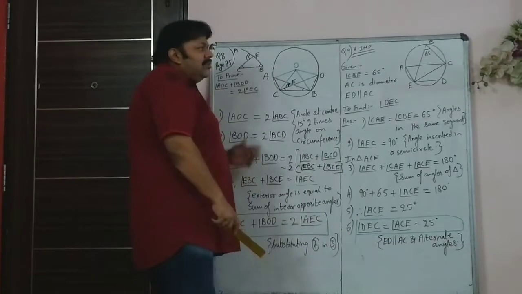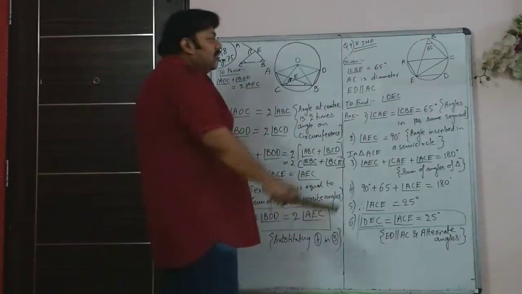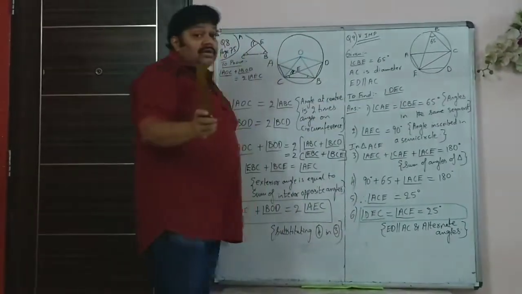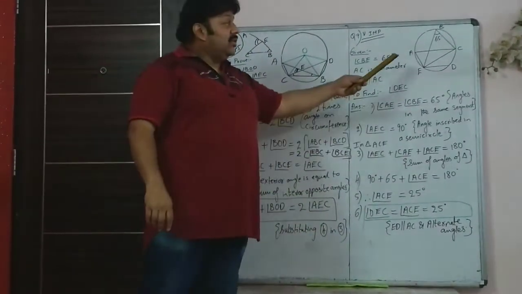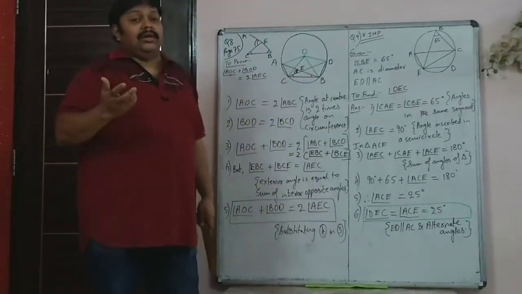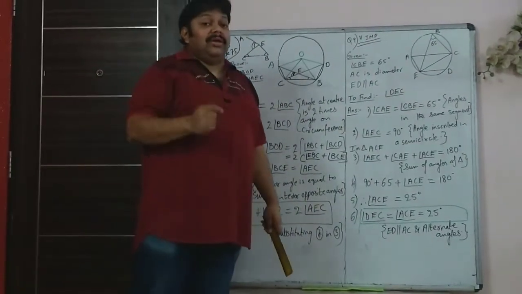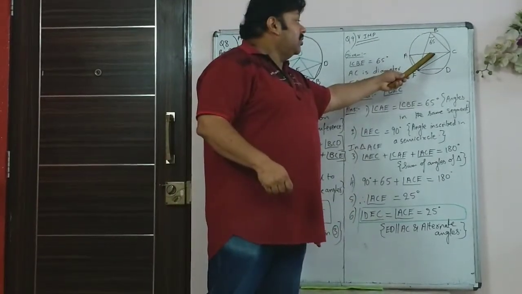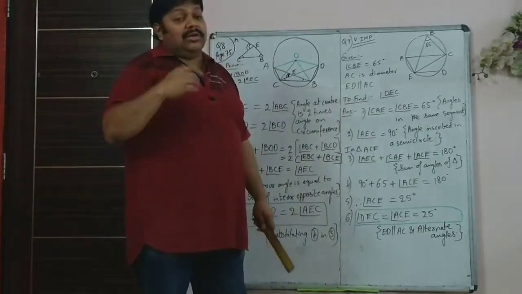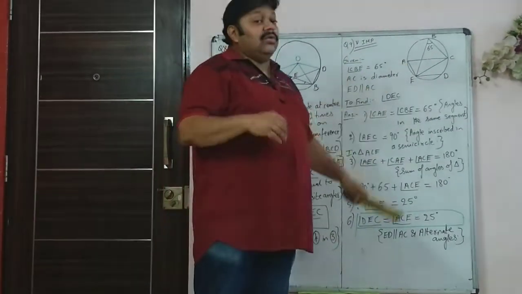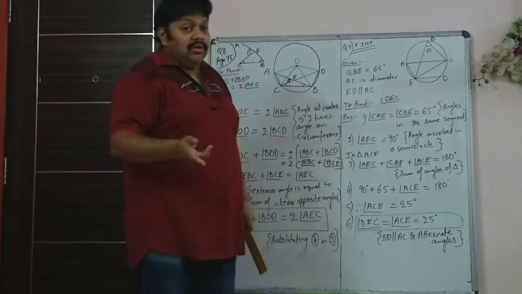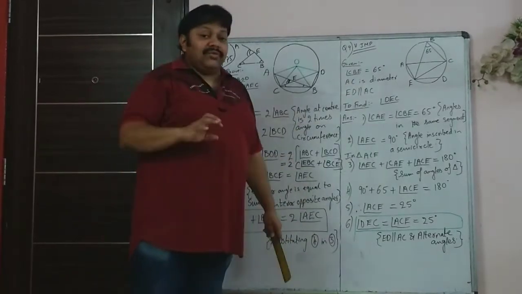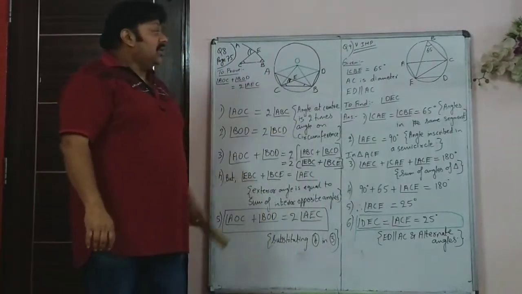Now the next sum is very important, but it's also a very simple sum. You are given angle CBE is 65 degrees. It's given in the question that AC is the diameter. In a question, if it merely looks like AC is the diameter, you can't take it. It has to be specifically mentioned that AC is the diameter, or they have to show AC passing through the center of the circle. O should be marked as the center and AC passes through the center. Only then can you take it as the diameter. In this sum, no problem, they have given AC is the diameter, so you can take that.